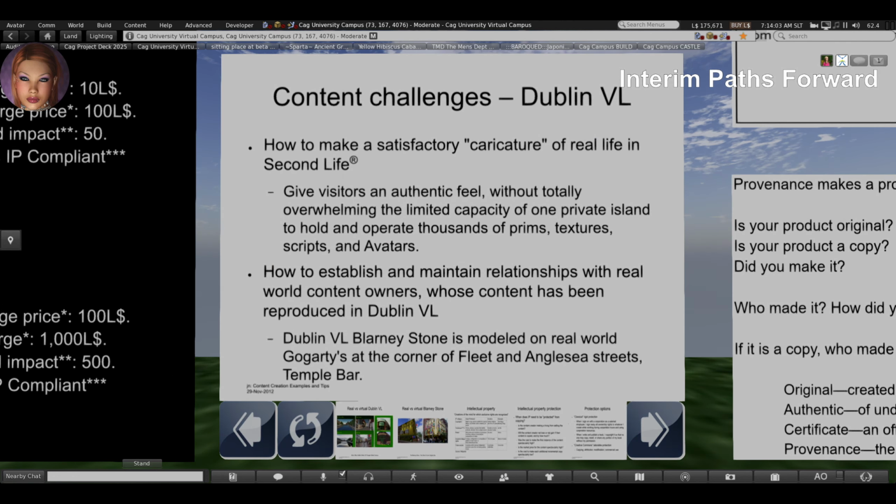The challenges when you create digital content are how to make it look real, quote unquote. It's really a caricature. It's kind of a rough model that fools the eye. And then also a challenge is how do you work with other people that are making content so you can make your content and share your content with them and vice versa,